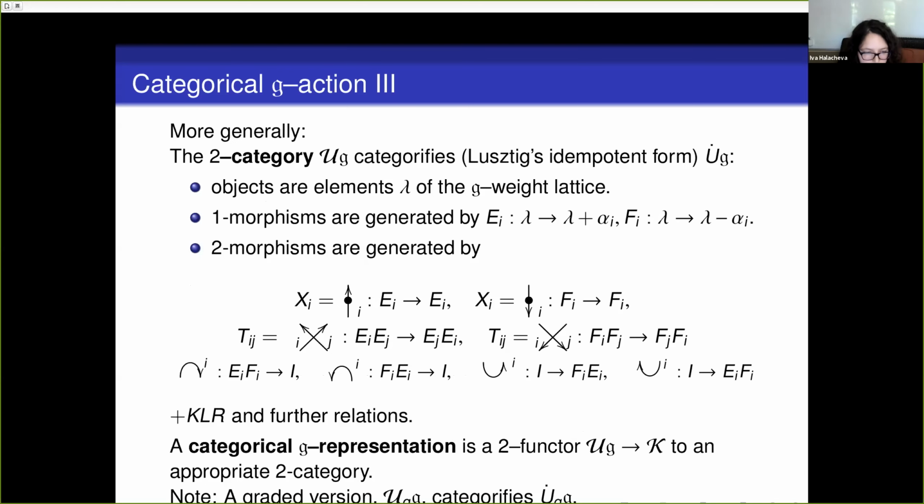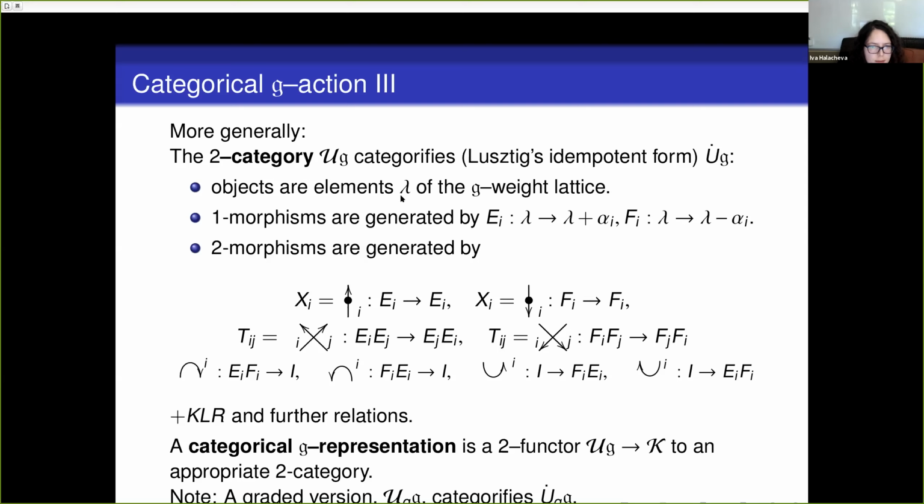oops, sorry, this is a little bit cut off at the bottom. But so more generally, if we're looking at a Kac-Moody Lie algebra G, we can think of its idempotent form instead, which is taking the universal enveloping algebra of G and adjoining a certain system of idempotents. And through doing that, this lends itself to thinking of it as a one category. And so then a natural way to categorify that is via a two category,